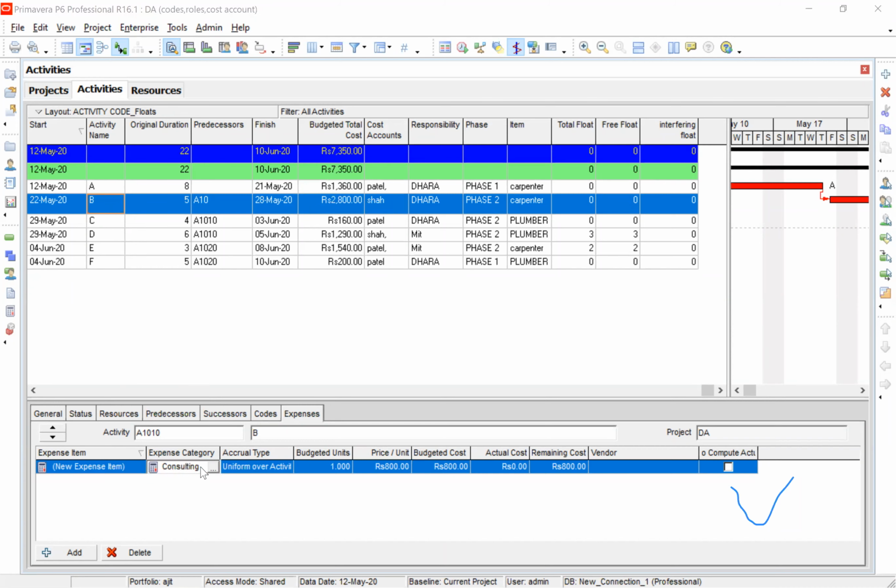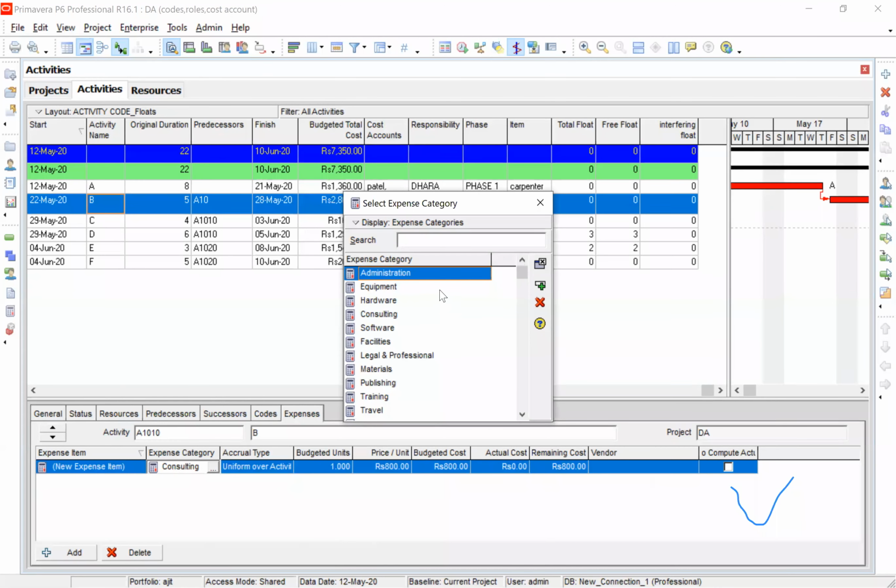In Primavera, these are the built-in expenditures which are given. That means if an activity is executed by the resources, there will be a cost according to the number of resources and the rate. But sometimes you need a consultant to look after an activity, for example.